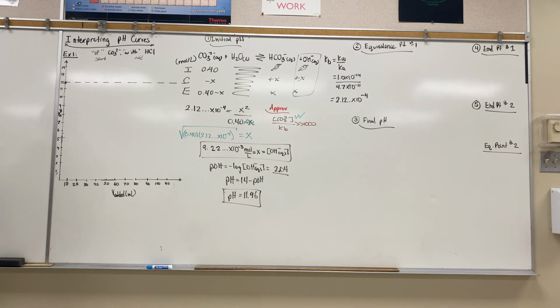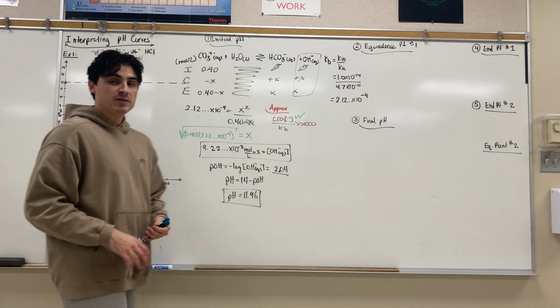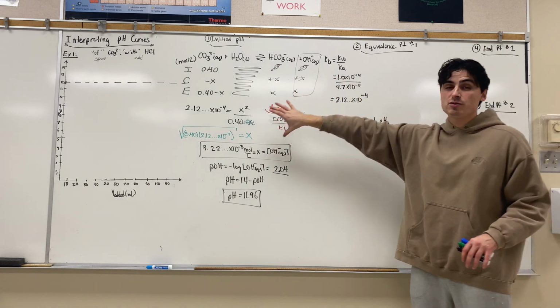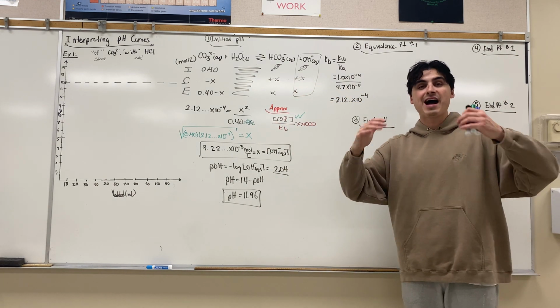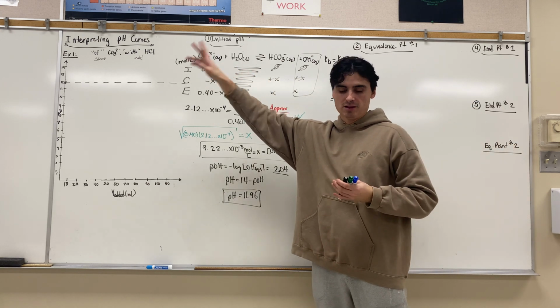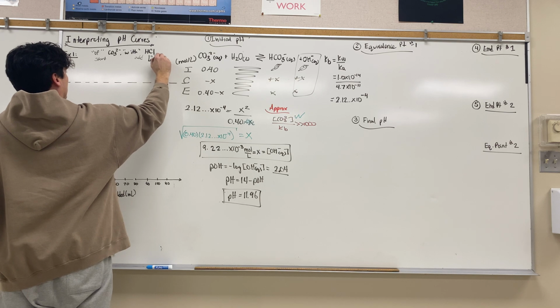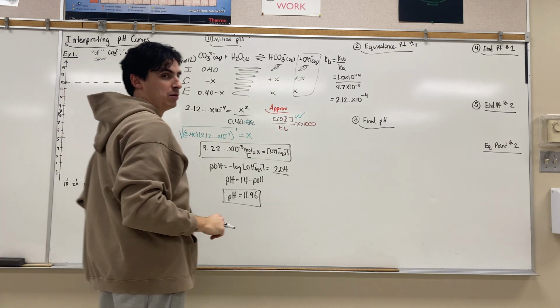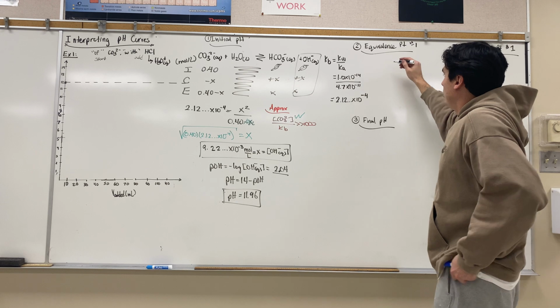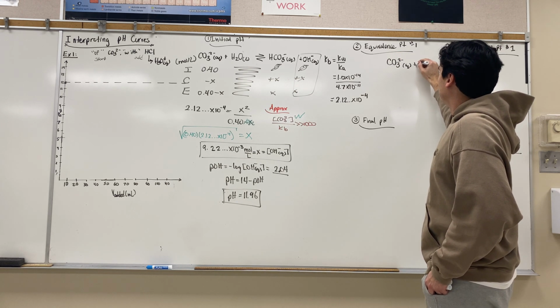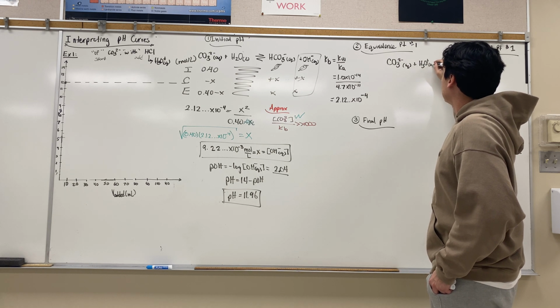Now, next thing we're going to do is our equivalence point. So, for our equivalence point, remember, the initial pH is just what you start with, and the equivalence point is when all of what you started with is gone, because you added something. And what we're adding here is HCl. But remember, HCl is a strong acid. So really, what we're dealing with is H3O+. Okay? So our equivalence point is going to be CO3 2- plus H3O+, giving us